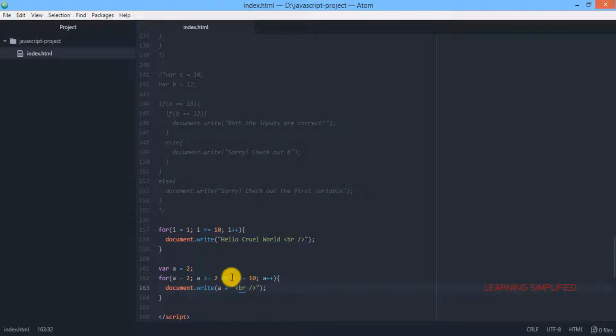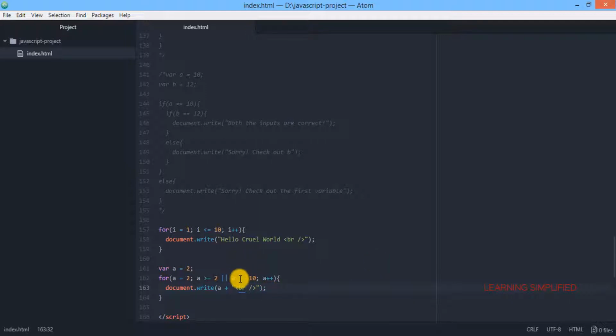In the second situation, if we use this one, this means the OR gate, this or that. Here this is the first condition and this is the second condition. That means if any of these conditions is satisfied, then it will execute the following statement.